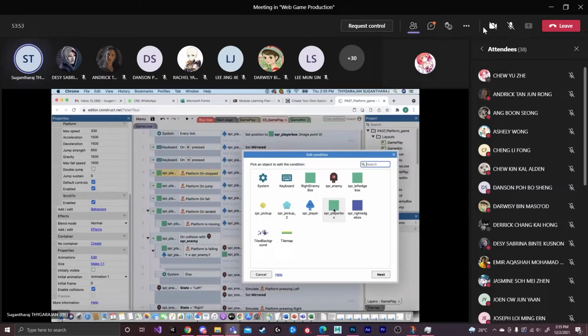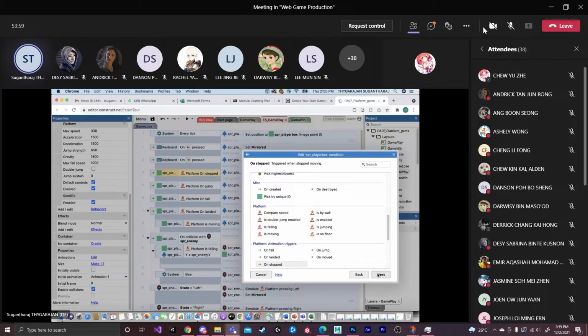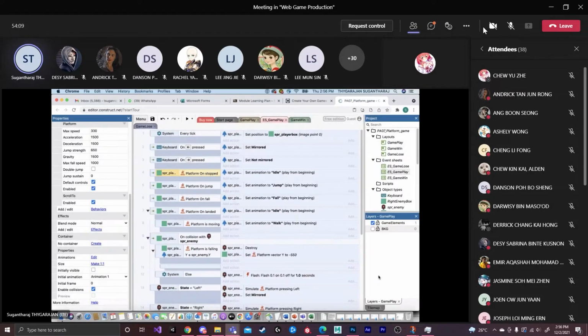I'm choosing the SPR player. When the SPR player is actually on the platform, you need to choose platform animation triggers. You need to choose on stop. Then next. Okay, so now this one.